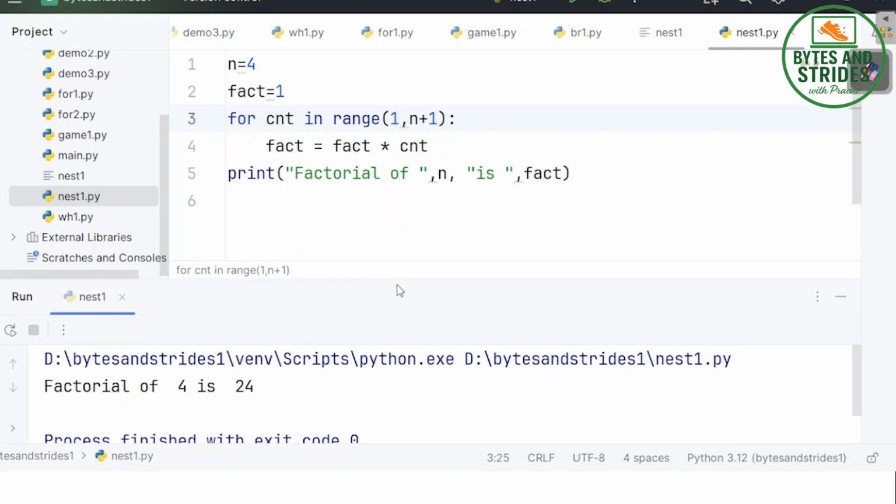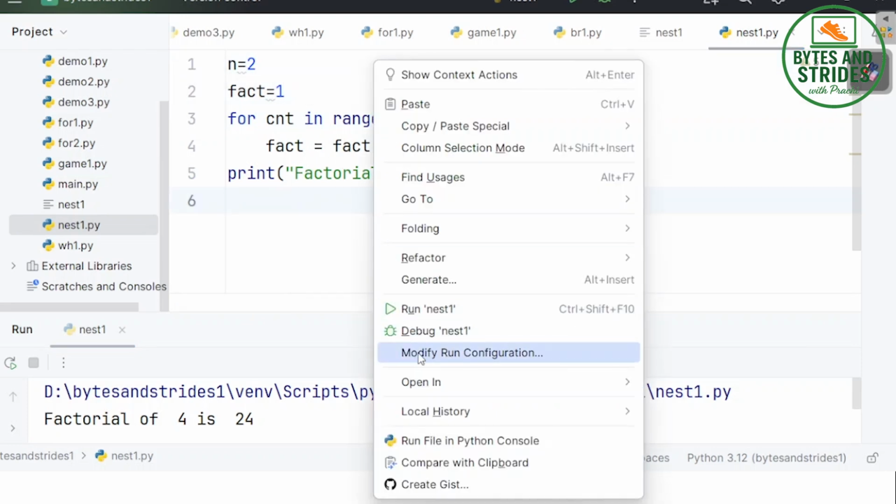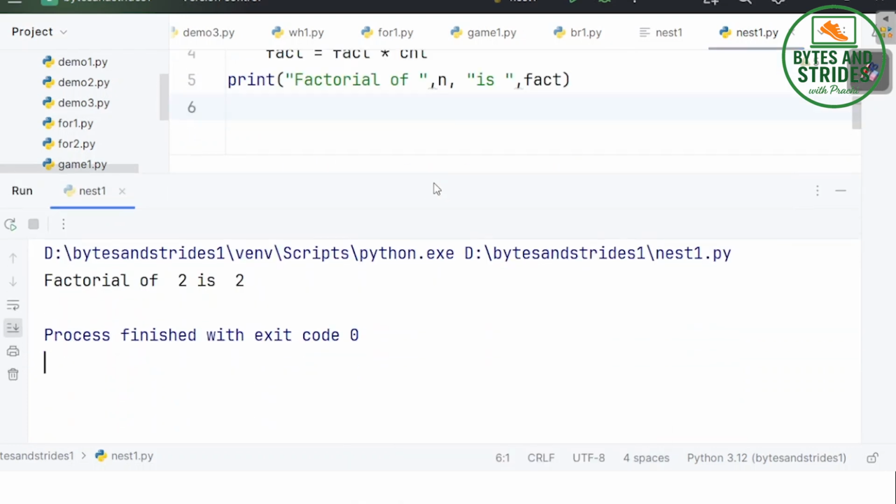But now here I have a variation. If I tell you we want to print the factorial of all numbers between 2 to 5, what will you do? Here say I write 2. This program will print the factorial of 2.